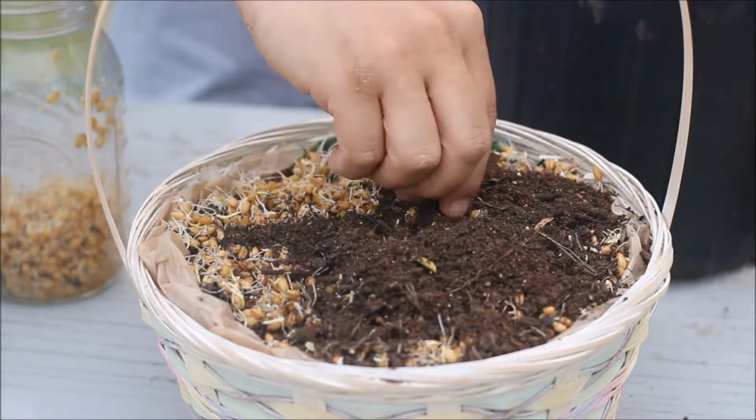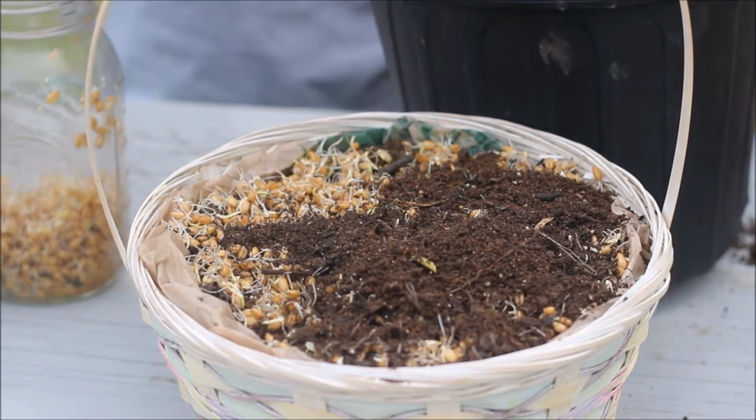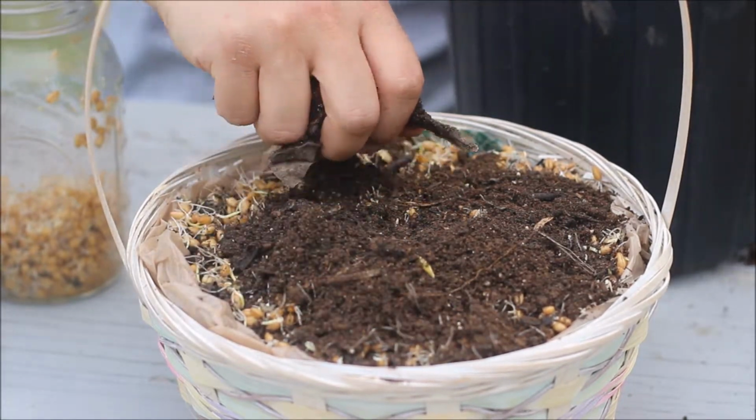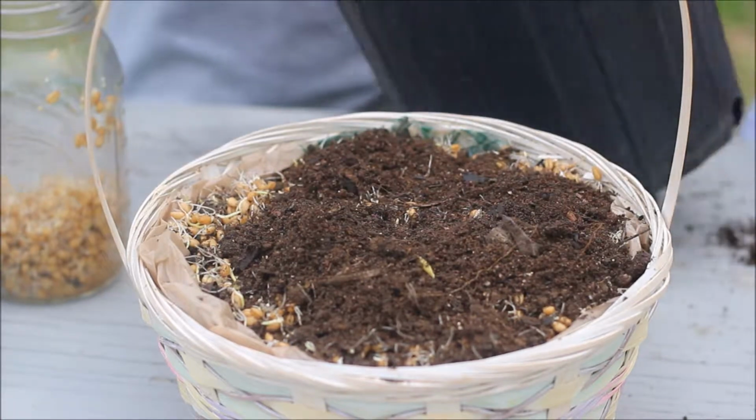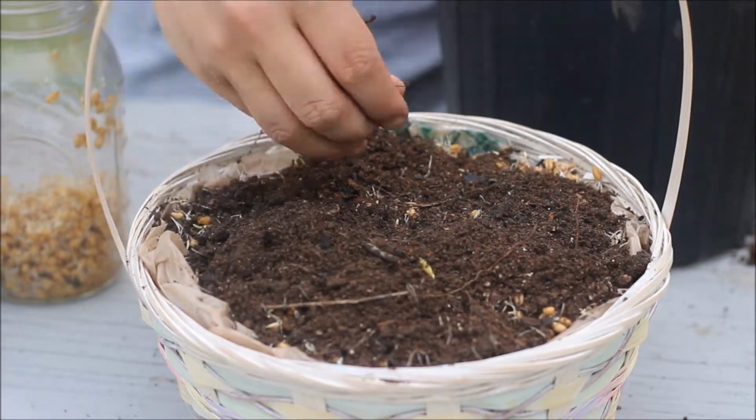Not very much. I got some leaves in here. Yeah, it doesn't need to be much. Usually, as a rule of thumb, you just cover in dirt about the size of the seeds. So it just needs to be a little bit, because the seeds aren't crazy huge. Yep. And you notice here the